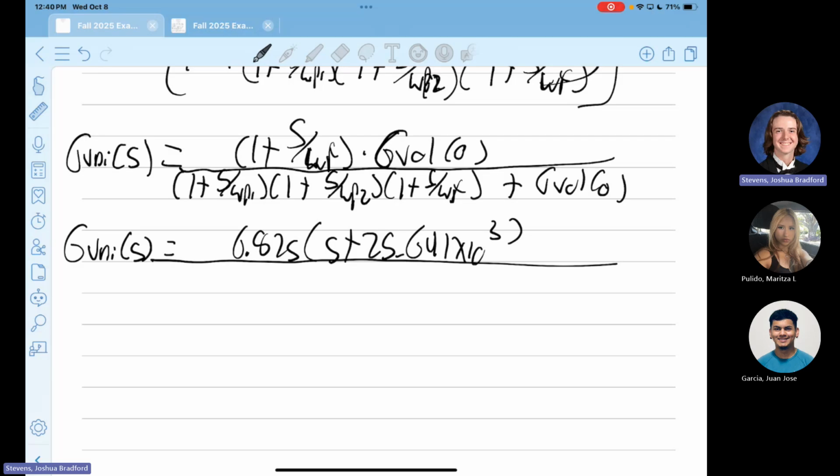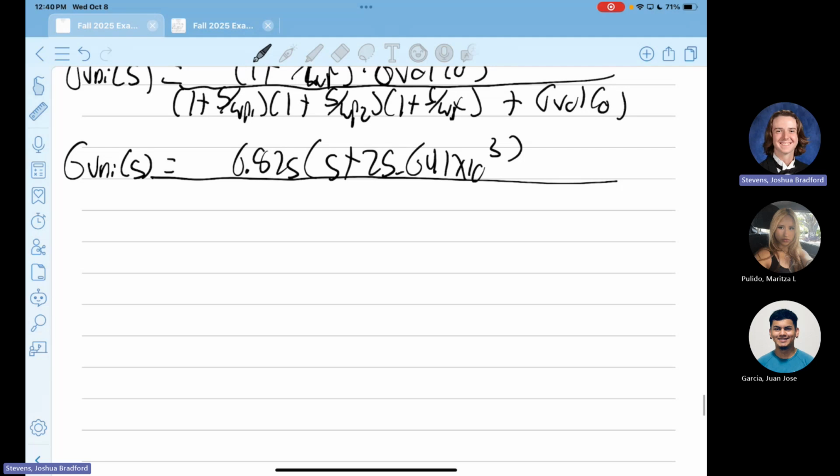You technically could put the entire fraction into your calculator. How I did it is I separated the numerator and the denominator, so it's going to be a little weird how I do it, but you could do it differently. And then the denominator becomes